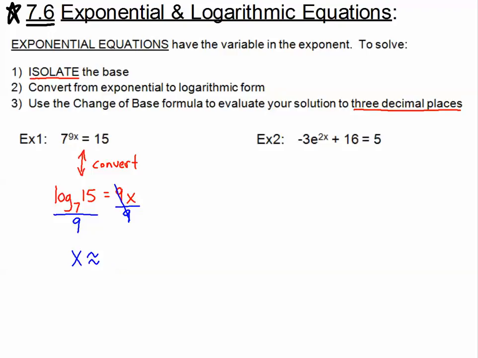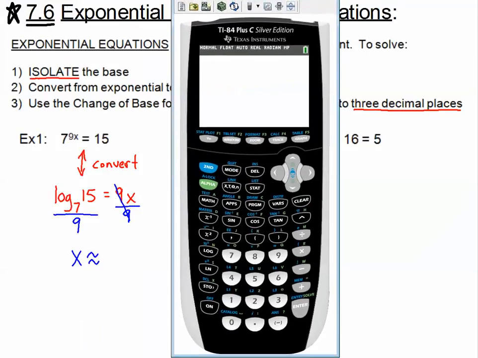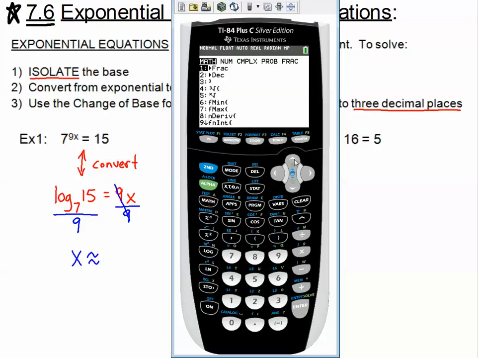So let's pull up our calculator. I'll slide it on over here. Now I've got the newer operating system, so when I push math and I go up, I've got the log base program, I guess. I'm going to press enter on that. It's going to give me an area for the base, which I'll put in as 7. And then I'll use the arrow button to get over to the 15. So there's the log base 7 of 15, and then I just have to divide by 9, and I will have my answer,